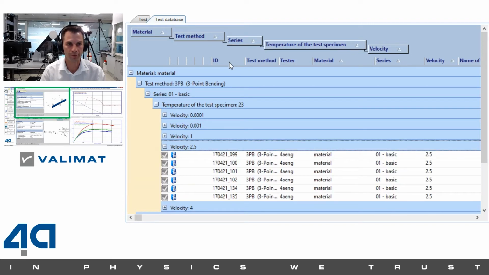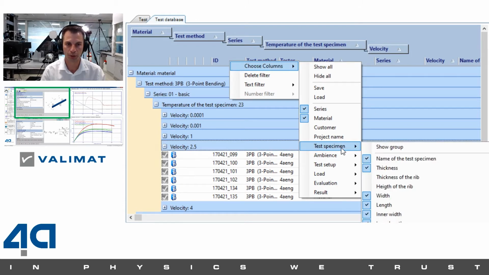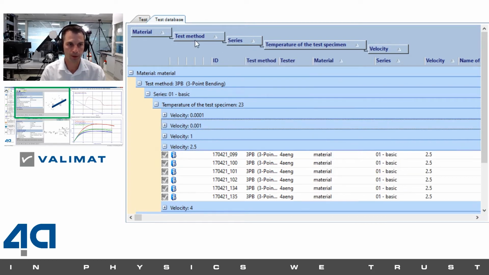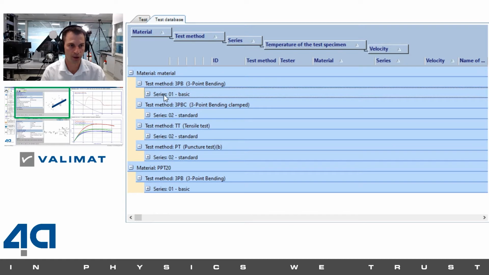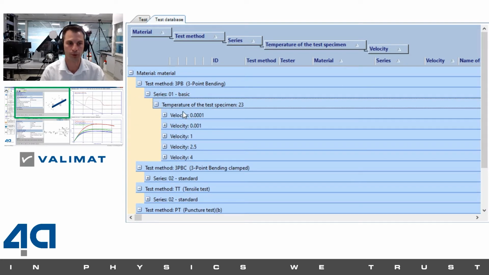So here you have the possibility for different information you can also show or hide. The groups you can also change in a fairly easy way, but our recommendation is just to sort easily, and less information will be enough. You don't need to show all columns. So therefore, I just want to filter